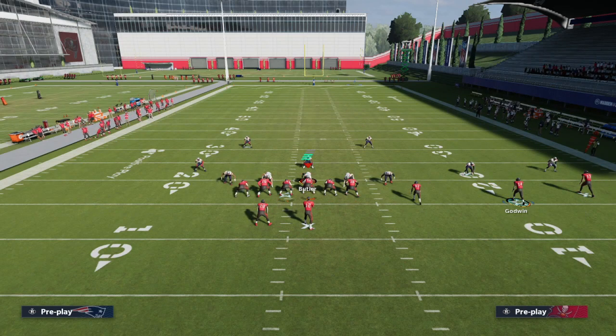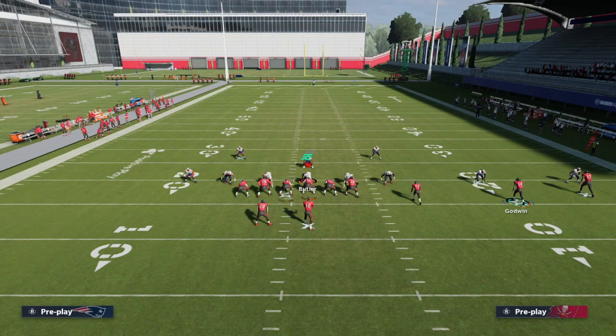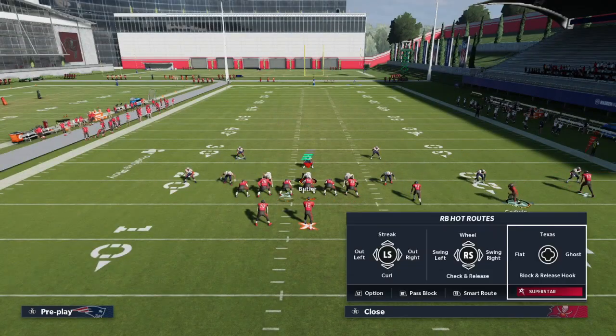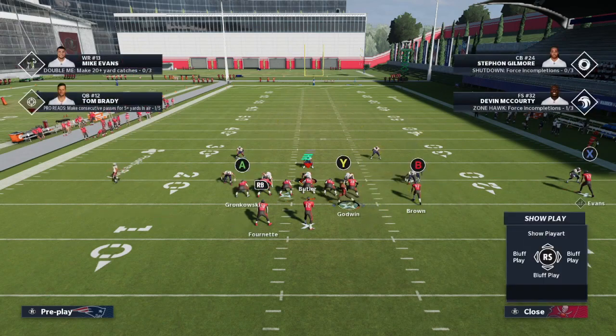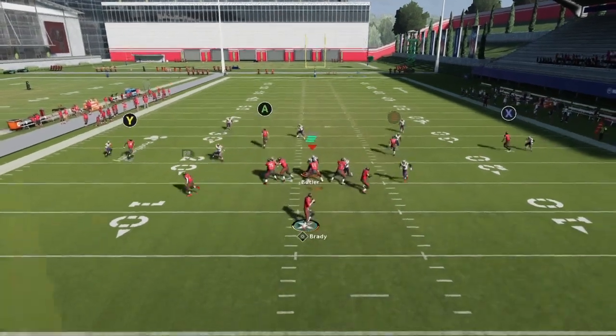Whereas, if we just keep it like this and we don't motion over, it's going to be harder to fit in this tight end seam streak. But if we motion over, it's going to pull out that outside corner. So watch here. When we motion over, the outside corner goes out, so it's going to really open up an area for us to throw that tight end seam streak. And again, I didn't blitz here, but